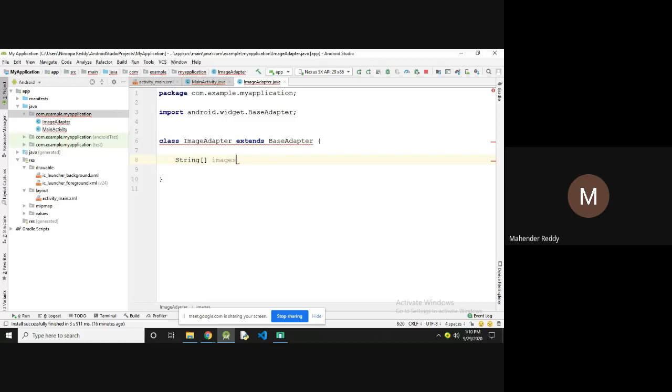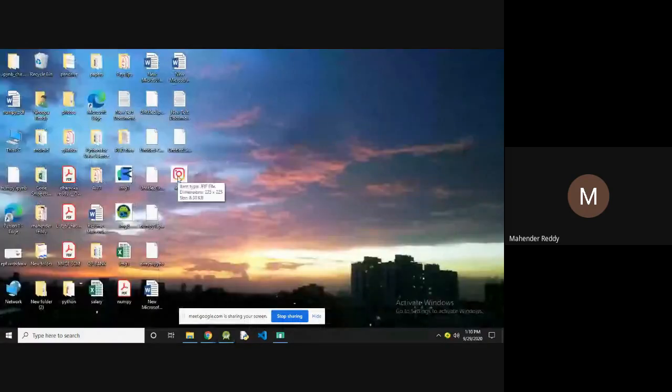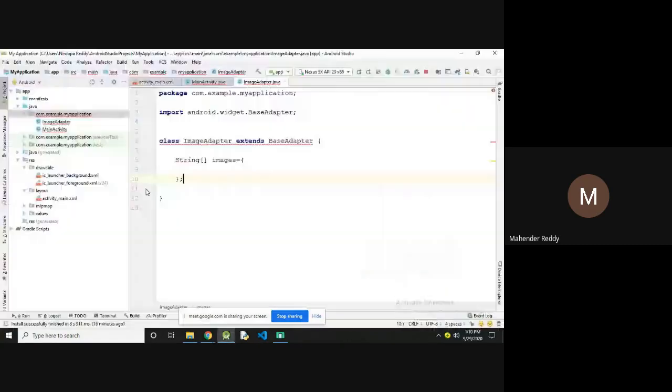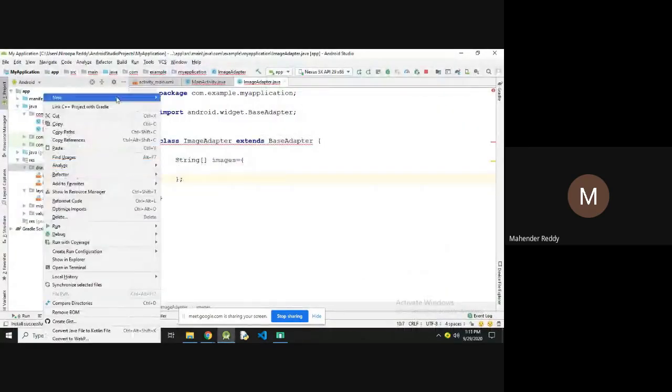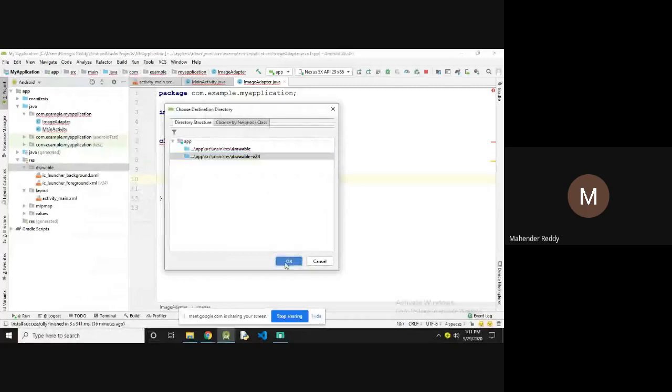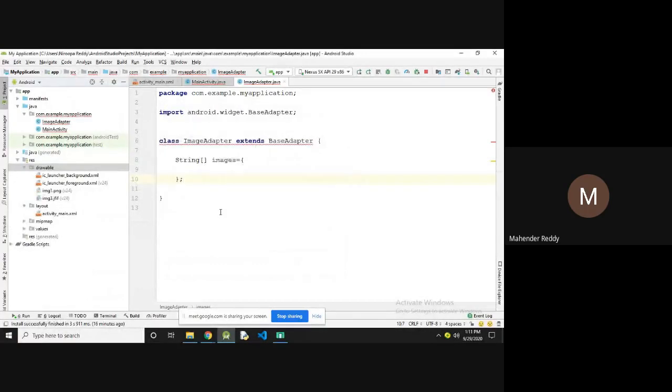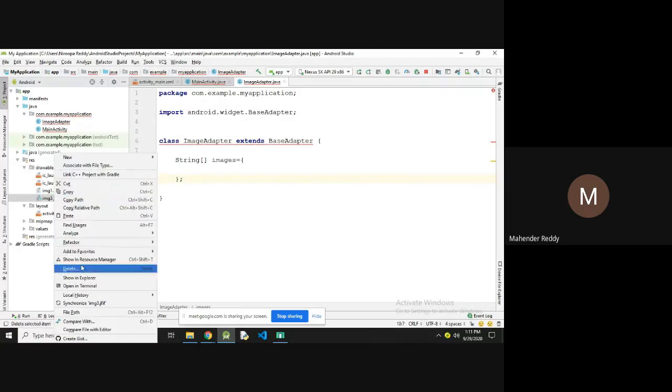Now you have to mention the image names here. By default there is no image, I mean two images are here. I downloaded two images, image3 and image1, and copy and pasted them into the drawable folder. Okay, two images are available here. I'm going to rename this.